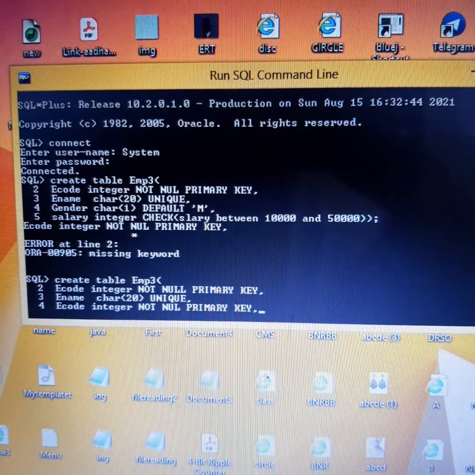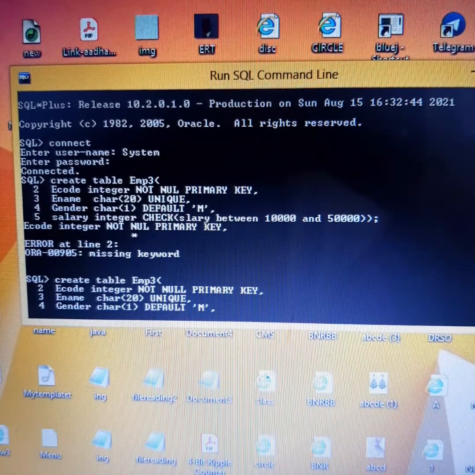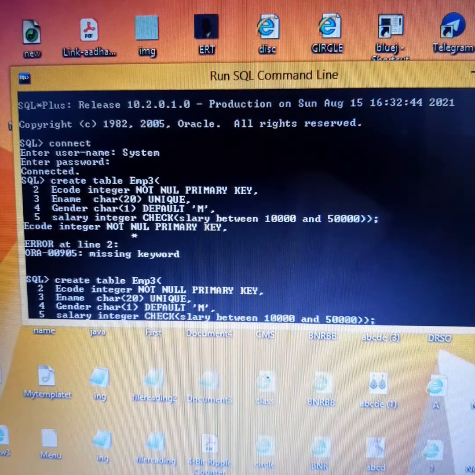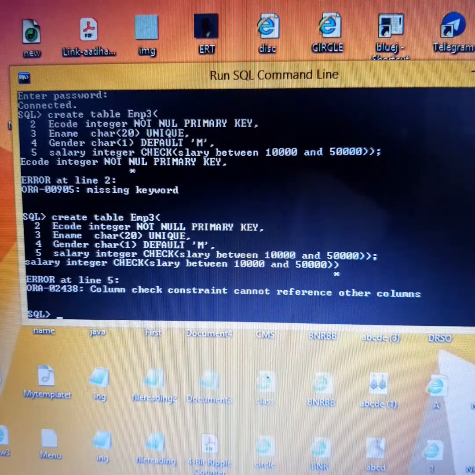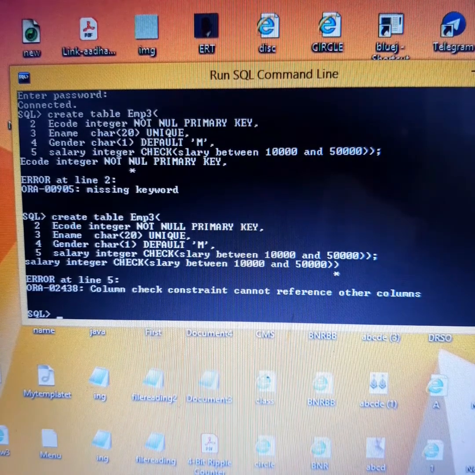With up arrow key I am repeating it. Check constraint, again there is a spelling mistake. Salary ka A is missing.